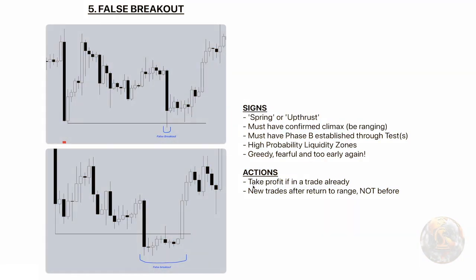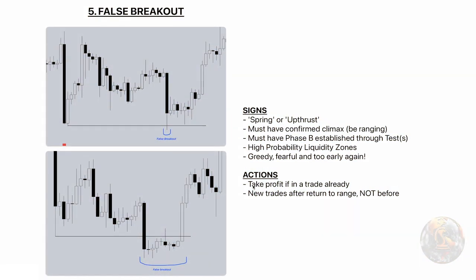Finally, let's look into our false breakout itself. Okay? This is what you're known in Wyckoff and what you've seen before as a spring or an upthrust. It's also a sweep, a fake out, false breakout. Okay? For this to be valid, you must have confirmed a climax. There must be a confirmed climax in the structure. And how do you confirm the climax? With the reaction and the secondary test. So you must have had all those. That's important. You don't want to trade the false breakouts until you've seen climax, reaction, and your secondary test.